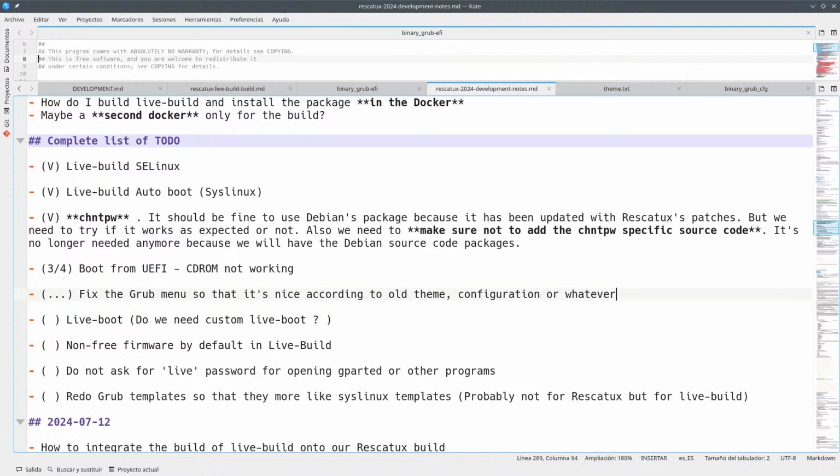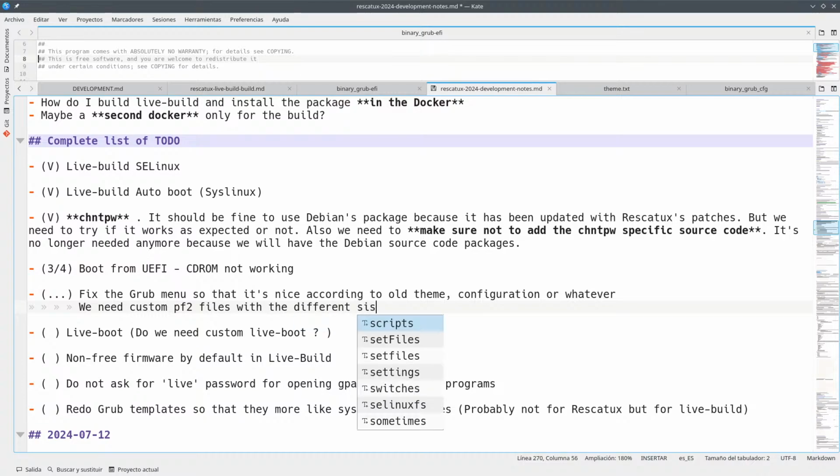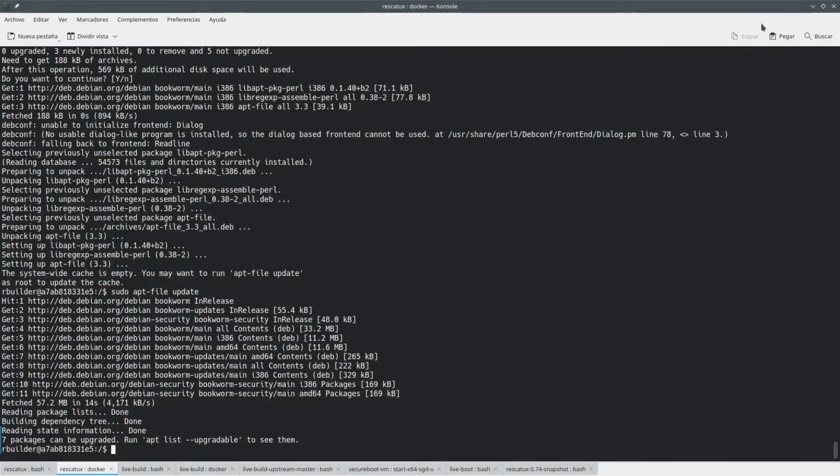Okay, so we need custom pf2 files with the different sizes. That's what it is. Okay, so now I should be able to search for pf2,